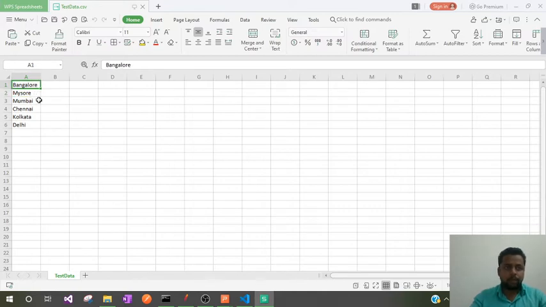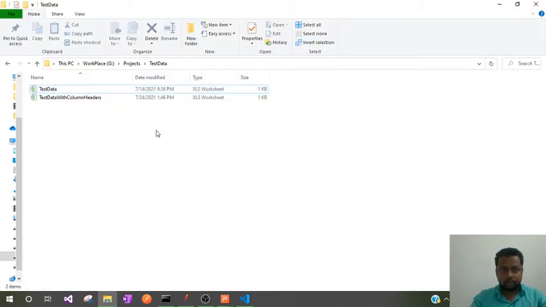I want to check the health of my application which is deployed in Bangalore, and next I want to check the health of the application deployed in Mysore, Mumbai, Chennai, etc. Let me close this, otherwise if I keep it open, it won't be executed. So this is how we can create CSV files and provide test data inside the CSV file.